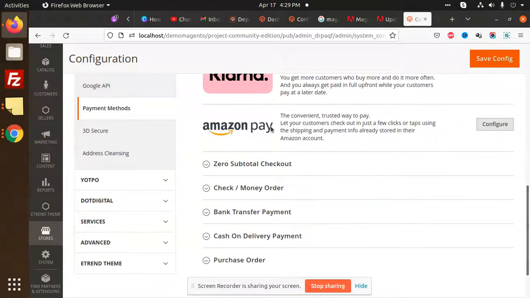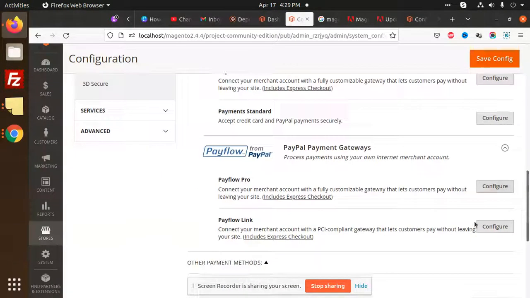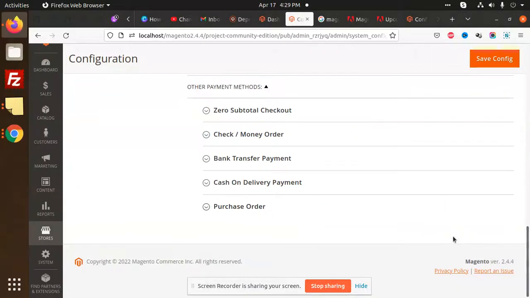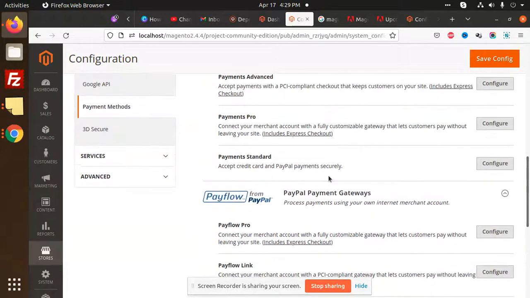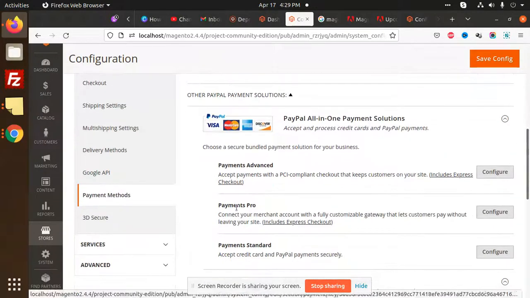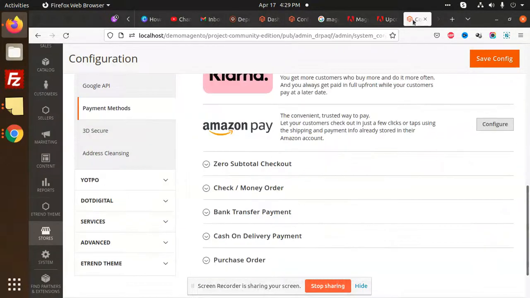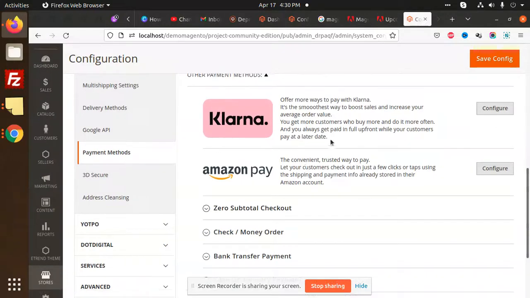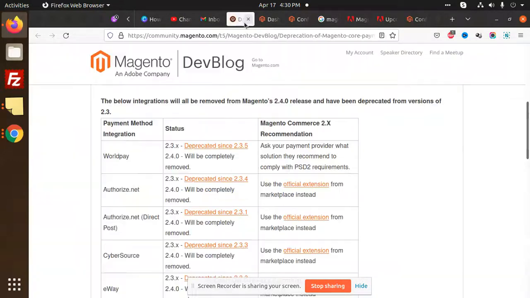You can see that these modules are not available in Magento 2.4.4, which makes it lighter, not heavier. So these modules are not here by default. PayPal is there, but the rest of the modules like Klarna or Amazon Pay are not there, right? And what else they have written,